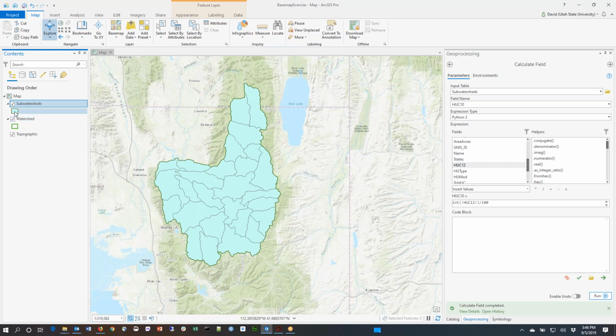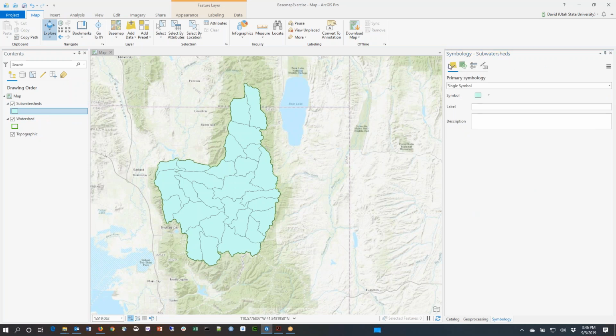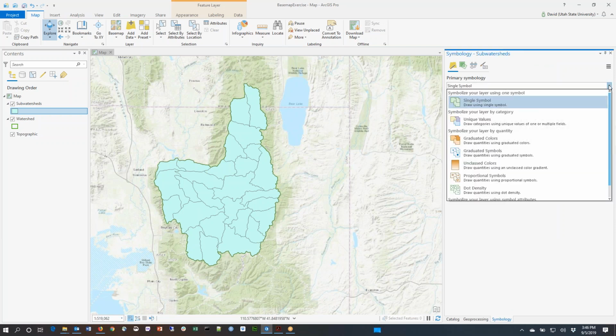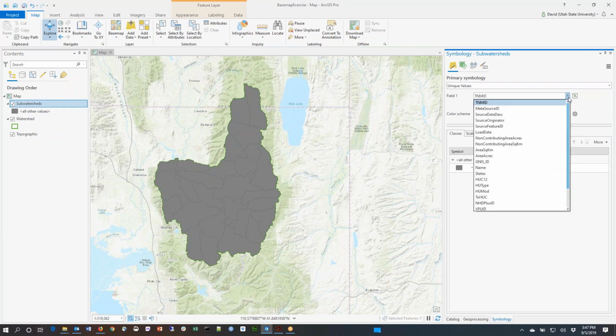If I just click on this, I get right into editing the symbol. But if I right-click there, I get to a higher level, and I can also get back by returning to the primary Symbology page. I actually want to start from the primary Symbology page because rather than having a single symbol, I want to use unique values to color this layer, and I'm going to use, rather than TNMID, this new HUC10 field that